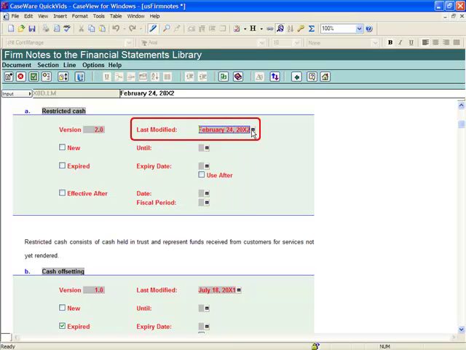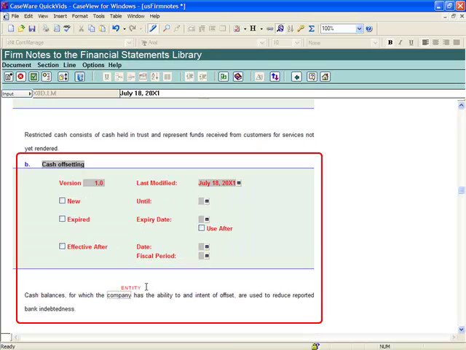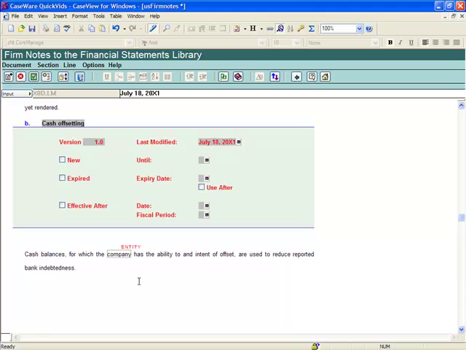Now, looking at the cash offsetting note, the firm may decide that this note is no longer applicable to the firm and the staff should not be using it in their engagement files. In this case, the firm would set the note to be expired and optionally enter the date the note expires. Once the date of expiration is passed, staff will no longer be able to insert this note into the financial statements unless the firm has marked Use After, in which case staff can still use the note but it will